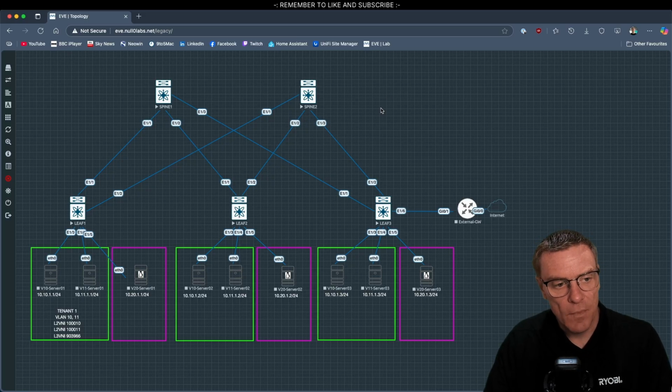Today, we're going to start by configuring our data center spine and leaf topology for our first tenant. So we're going to start as a single tenant topology, which is the green boxes. And then we're going to progress into a multi-tenant topology where we're going to add a second tenant, which is the purple or pink boxes. We're then, in another video, going to add an external gateway as a shared resource to supply internet access to both the